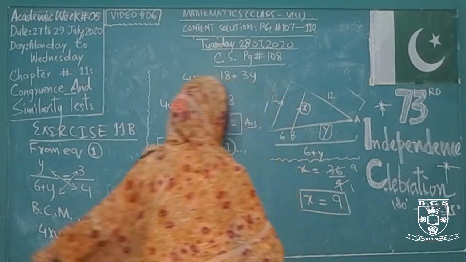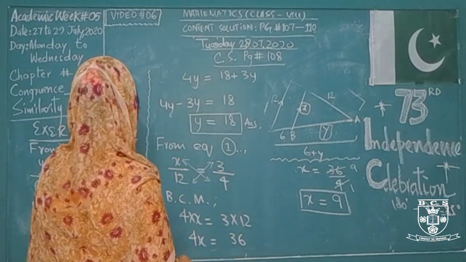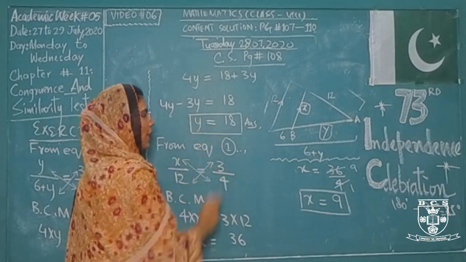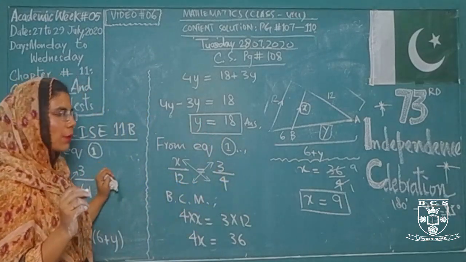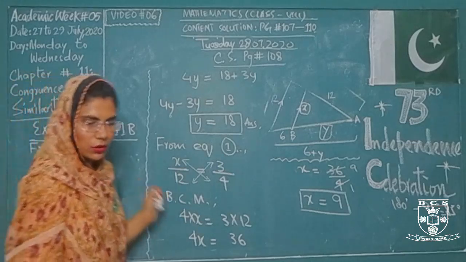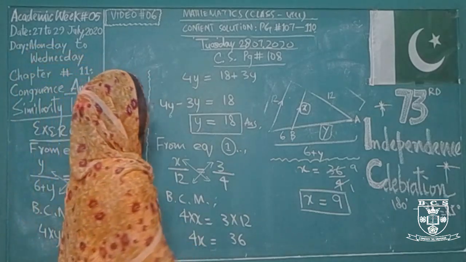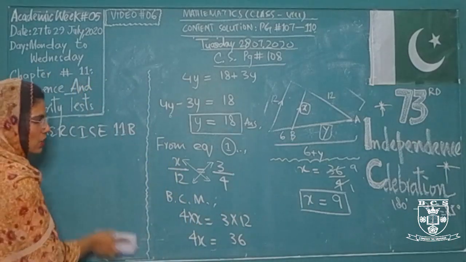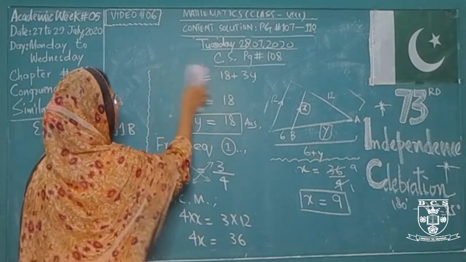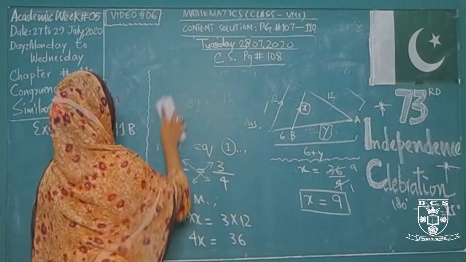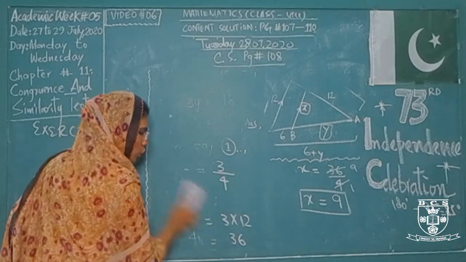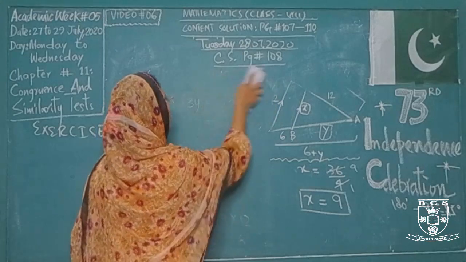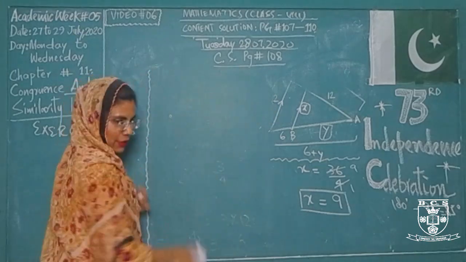So according to the question, we had to find two different variables, that is the value of variable x and the value of variable y. So with the help of the basic fundamental concept of similarity, we have solved this particular question, question number 5 part A, for these two different variables. Now we are starting today's last question, that is question number 10. But firstly, before starting question number 10, you will work on the remaining questions. Firstly, you will solve the remaining part of question number 5, that is question number 5 part D.